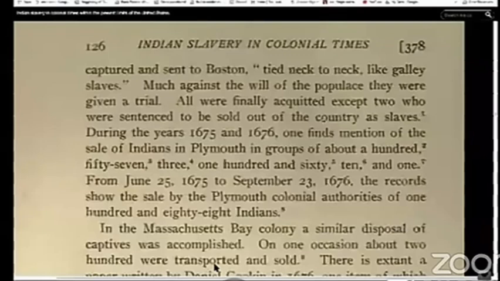So these so-called African slaves, remember, they tell us, oh, African slaves suing and going to court. No, they were never. They were free people. They were American Indians. And they were able to prove that.